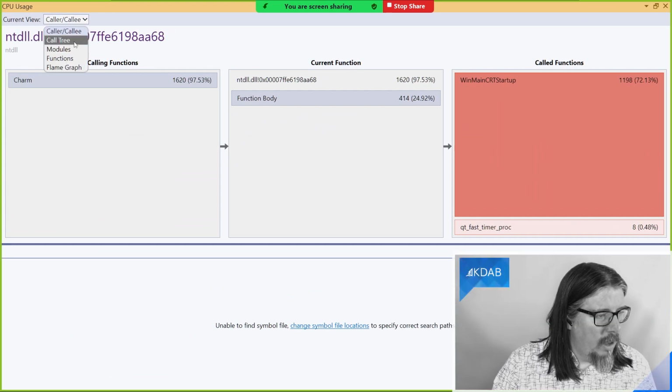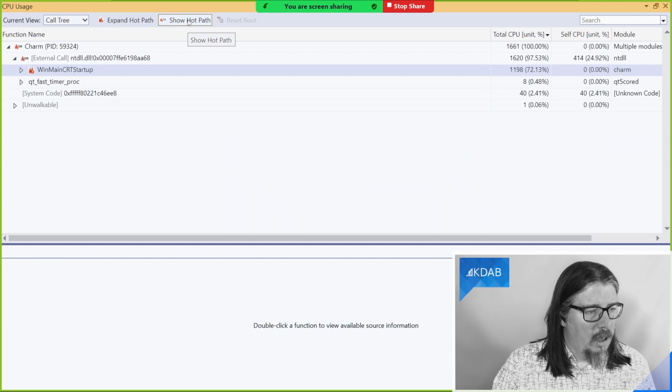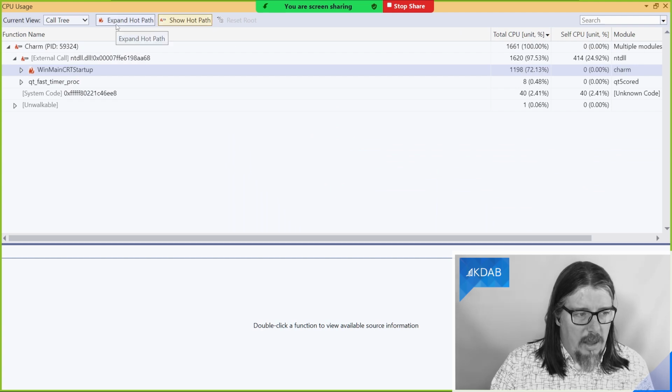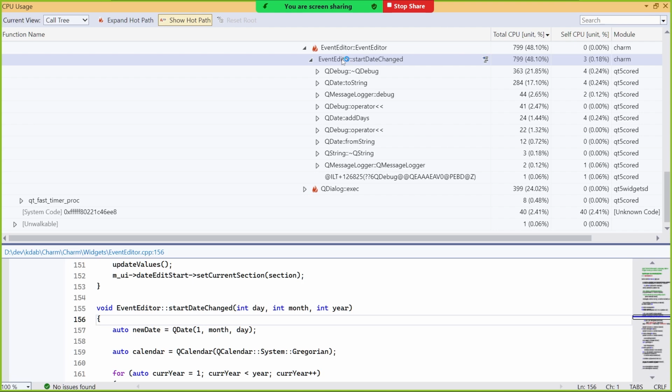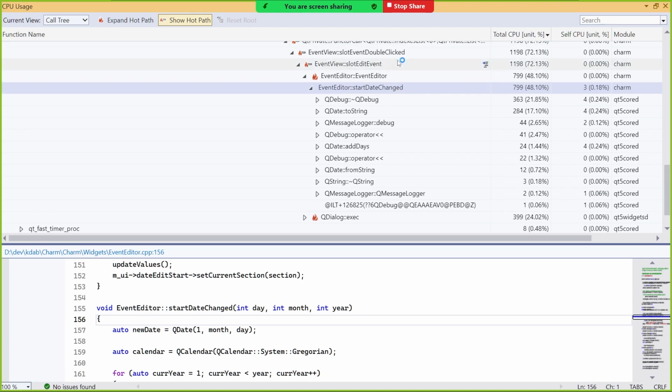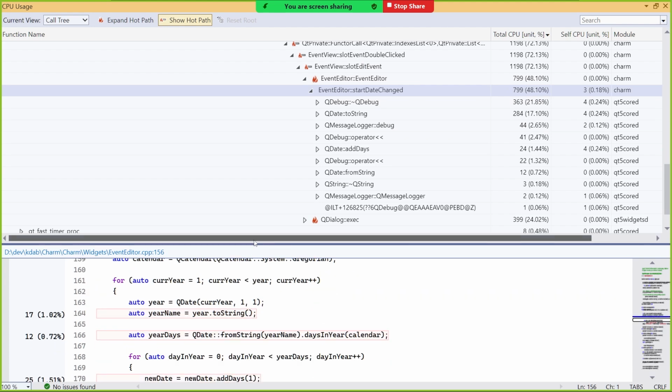If we go to this call tree option, it has the option of showing a hot path. So that's the bit that's taken the longest time. And if we expand that, it will go all the way down to the start date changed function, which is taking 48% of the time. I think a certain amount of that time was spent just waiting. And so if we look into this function,